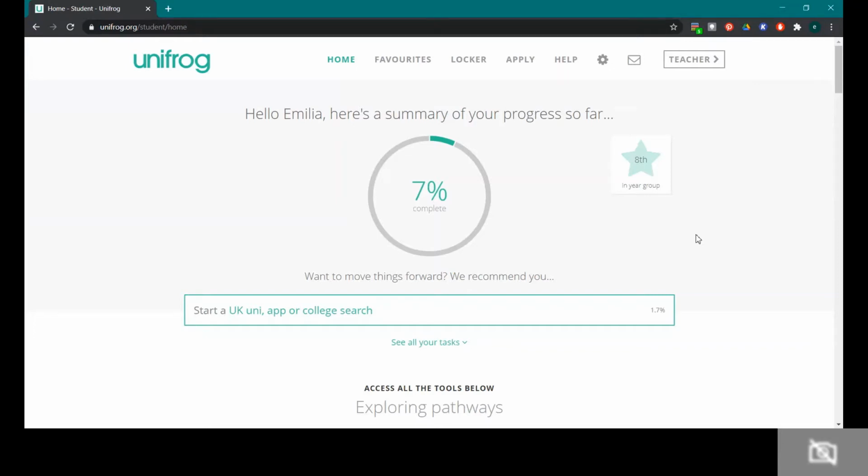Hi folks, I just wanted to give you a bit of a summary of the sorts of things that you can use Unifrog for. It's a really good resource for you to use, and there's lots of things that you can do by yourself. There will be things that we set for you to do, but there are also lots of things that you can explore by yourself. So there's lots of different tasks that they suggest that you do,